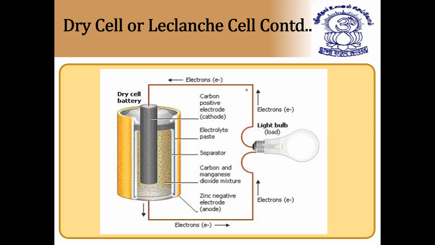In this, what you have to remember: only the electrolyte used, the reaction at the cathode, the reaction at the anode, and what the anode and cathode are made up of. This is enough for this. And the working is common. When you close the key, what happens? First, zinc changes to zinc ions, and these ions migrate from one place to another, due to which current is produced, that is, electric energy is produced. So the electricity is produced due to migration of zinc ions in this cell. So this is called the Leclanché cell.